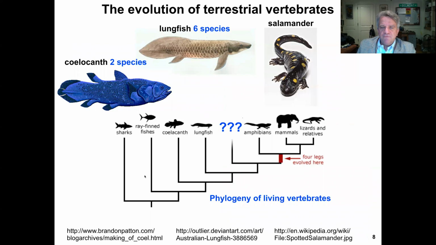And then the ray fin fishes are the sister lineage to a large group of vertebrate species that include the tetrapods, but have these two other quote unquote fish lineages, the coelacanths and the lungfishes. Now, basically, it's in this lineage where we see the evolution of terrestrial vertebrates, such as the amphibians, exemplified here by